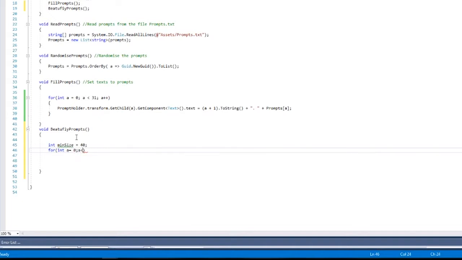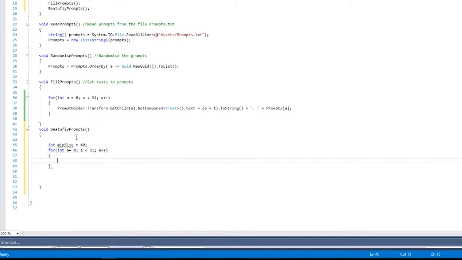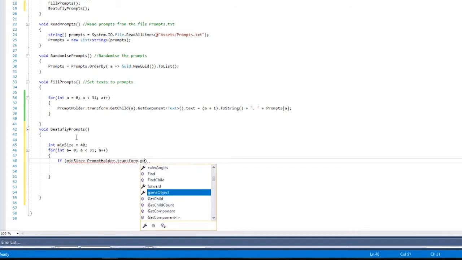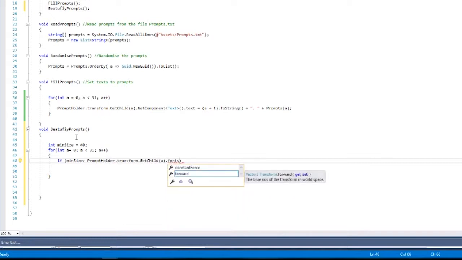Okay, and I have 31 texts as children of prompt holder. Okay, this is a classic logic for finding a min size. If min size is bigger than prompt holder, sorry, prompt holder dot get child, okay, a, as I'm iterating with a, that font size, a, get component, text,